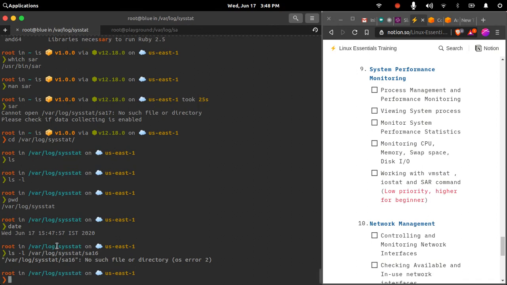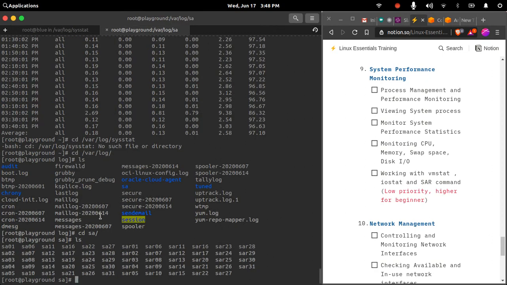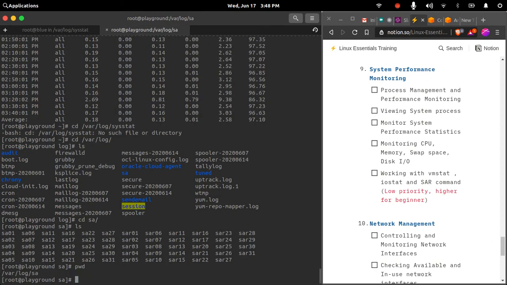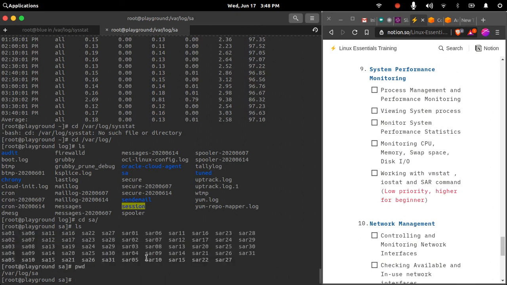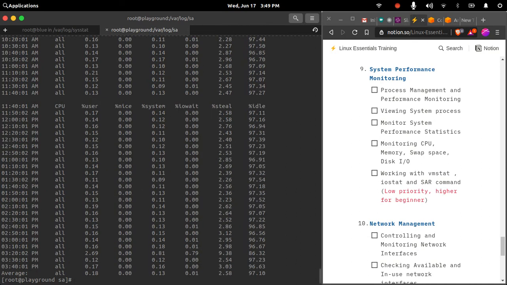Here, on a Debian system, it writes the output in /var/log/sysstat. However, on a Red Hat system, it writes the output in the /var/log/sa directory. So if you see, it is creating files related to the days of your month. What is the current file being created?